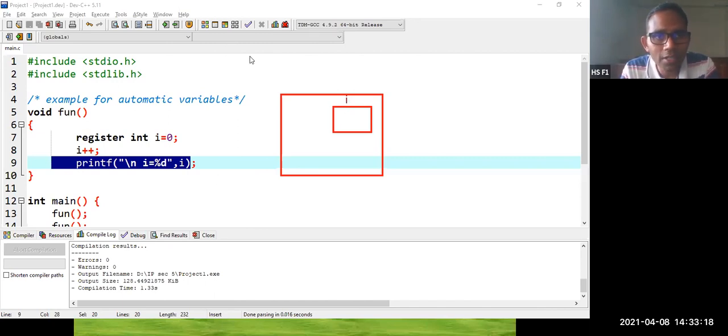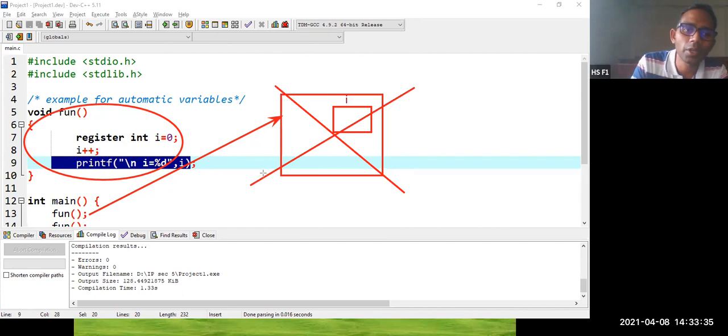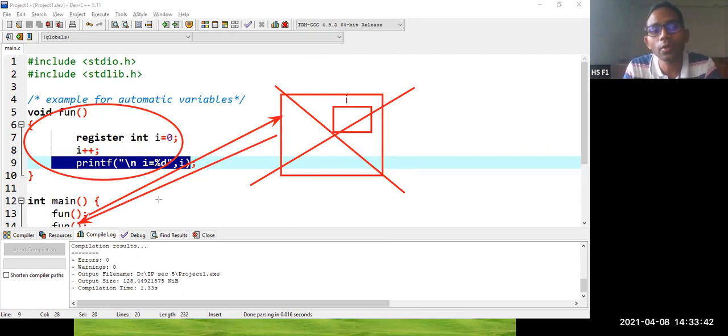So you are having a memory location called as I. Whenever you make a function call called as fun, the memory location is created. So all this code is going to get executed. Once this code is executed, this particular memory will be removed. This particular memory will be removed when the cursor goes back to the calling function.